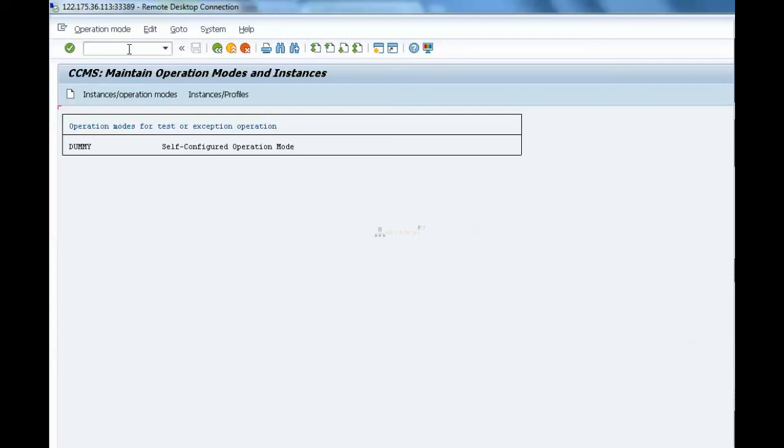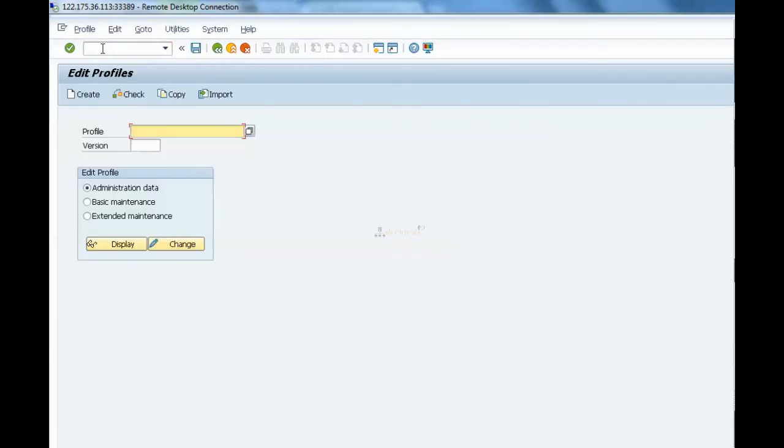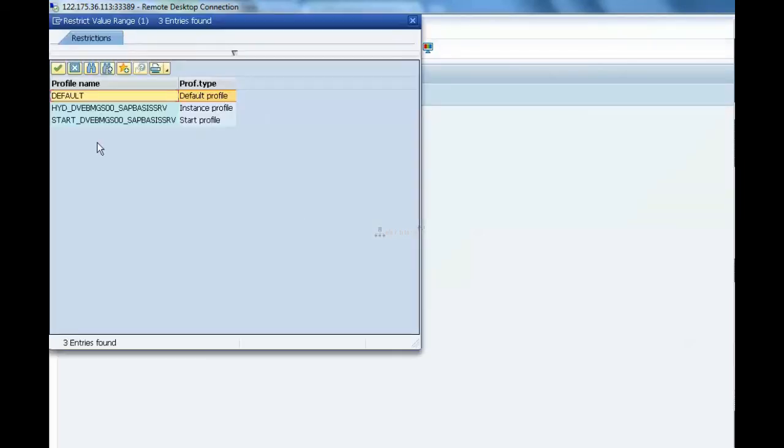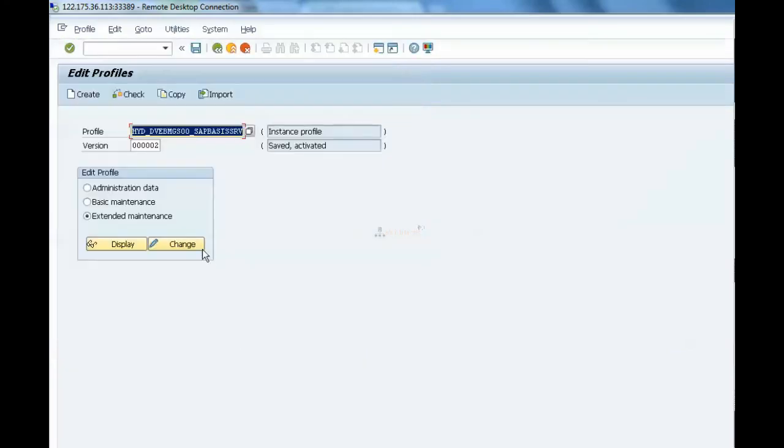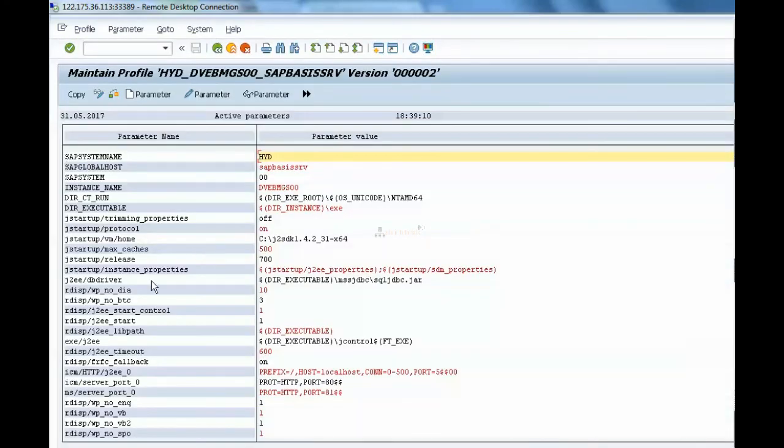We can increase the work processes. Where can we increase them? Go to RZ10, select instance profile, go to change mode. Here, where is my work process?